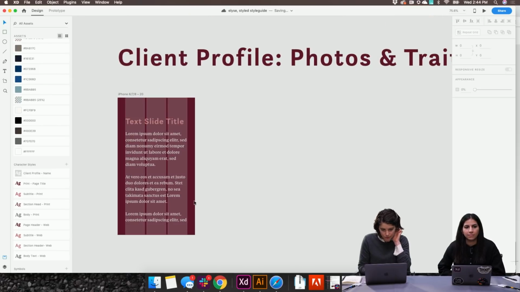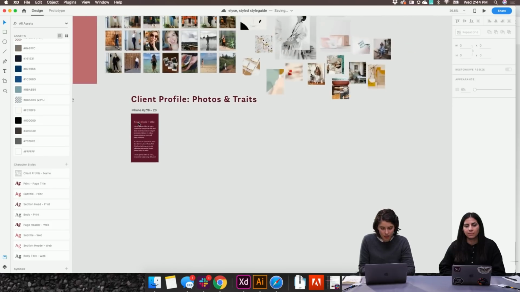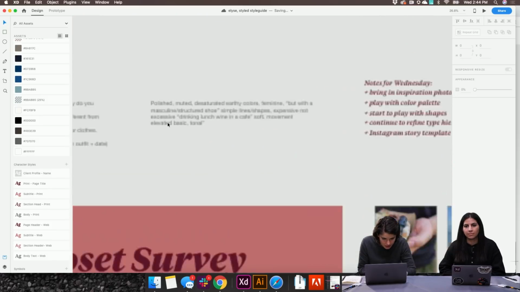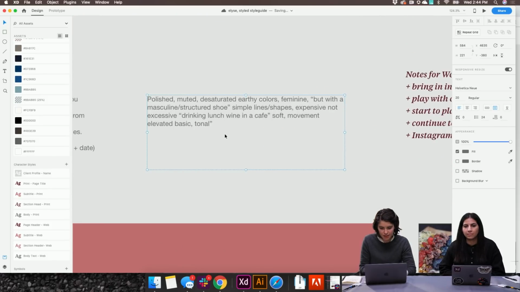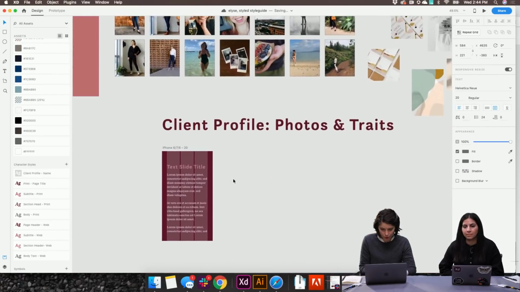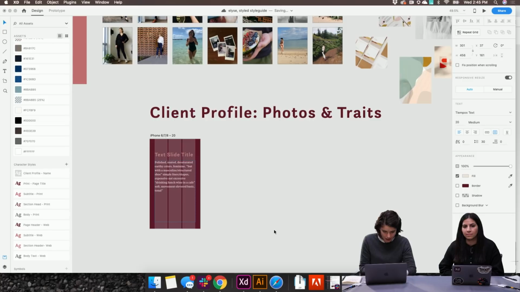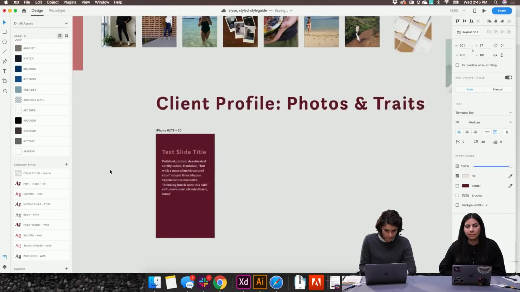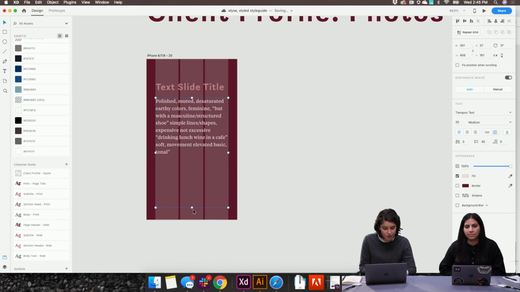That would mean me setting up a grid, and I know that this one has a list of... I think I copied and pasted it. Yes, so this is a tip, an example of what would go on this slide, just different traits describing your style.